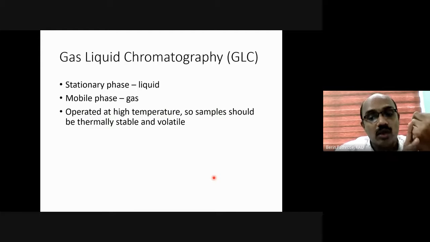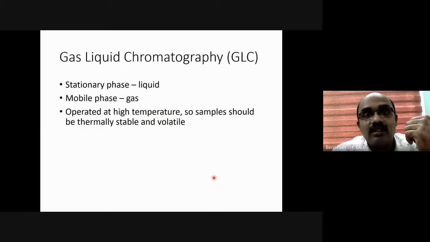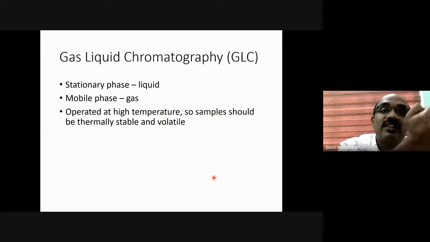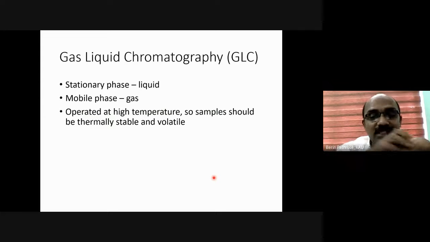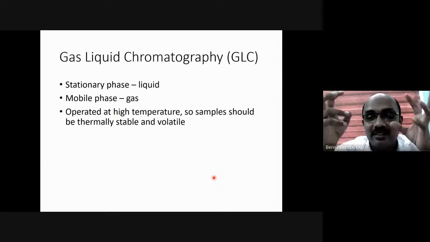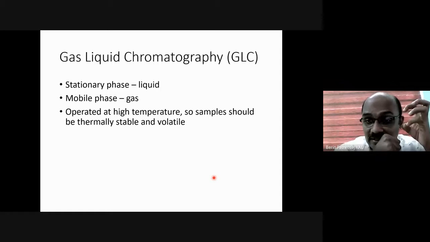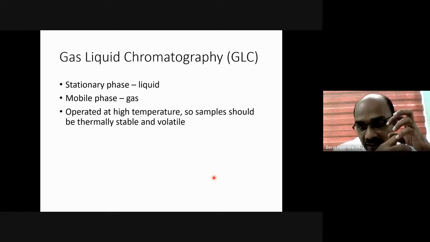And another thing is volatile. Only when the compound gets converted into the gaseous phase can the mobile phase gas carry the compound through the stationary phase. Our mobile phase is gas, not liquid. So only if we could convert the sample into the gaseous form can the mobile phase carry the volatilized sample